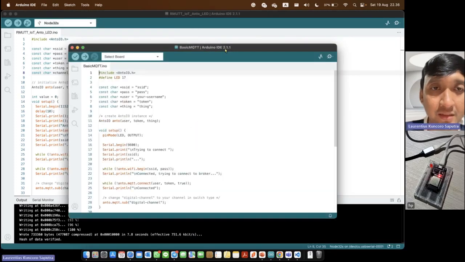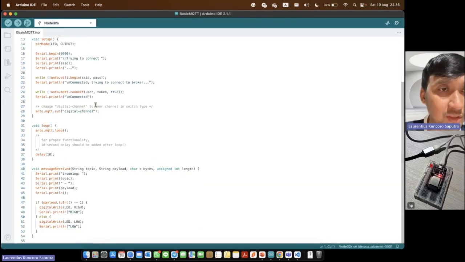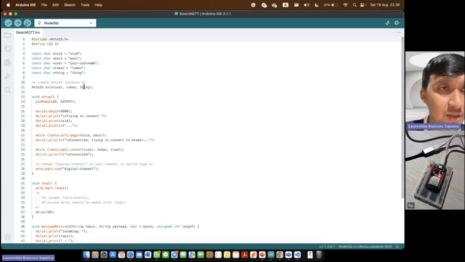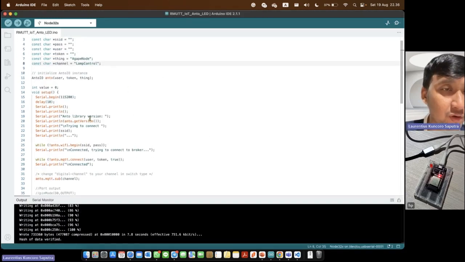Basic MQTT is like this one, and we can modify this code to set the code with our design. Before we go on to explain this code, I want to explain about MQTT.